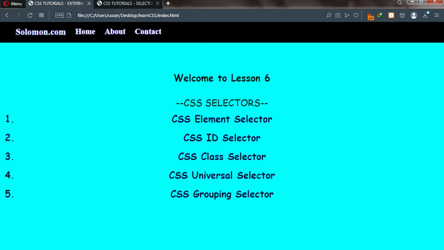Let's talk about the fourth selector, which is universal selector in CSS. With the universal selector, it selects all elements on a web page. Let's go ahead and practice with this kind of selector. So I'll take you to the web browser, sorry, the code editor,